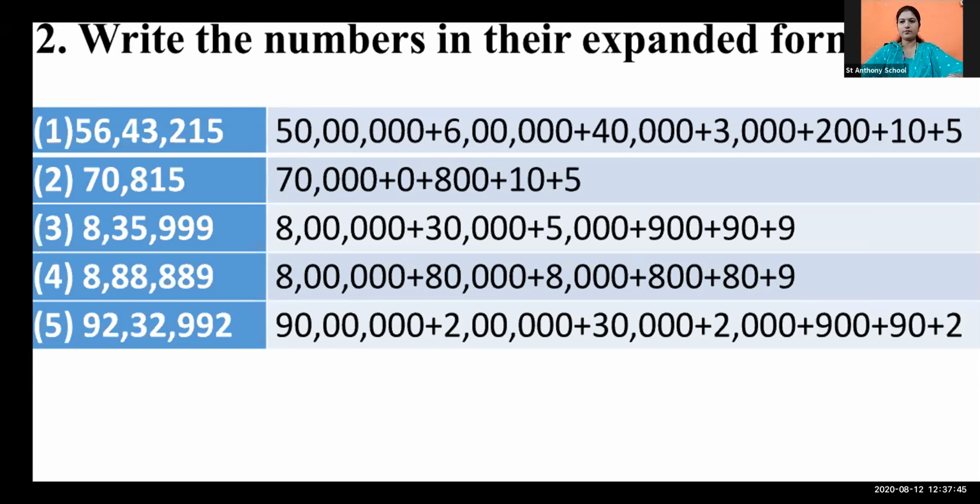Again plus sign, 2. We'll write the 2. How many digits after 2? 2 digits. So we'll put 2 zeros. So place value of this 2 is 200, because 2 is on the 100 place. Then again plus sign. Then 1. How many digits after 1? Only 1 digit is there. So we'll put 1 zero. Correct. And the last digit is 5. No zeros after 5, so we'll write the 5 as it is.